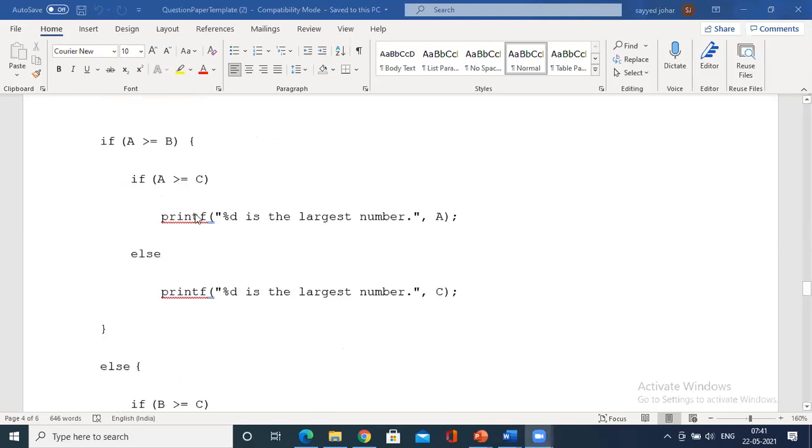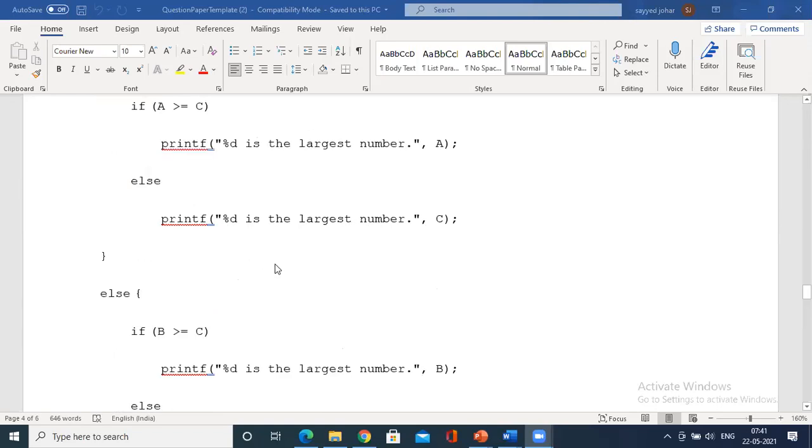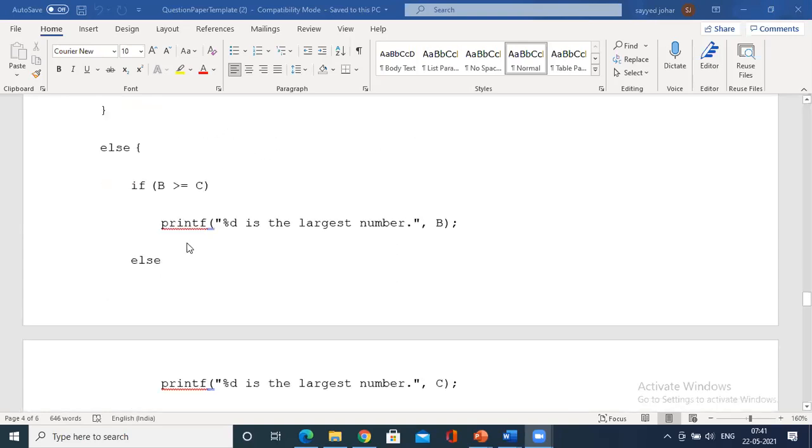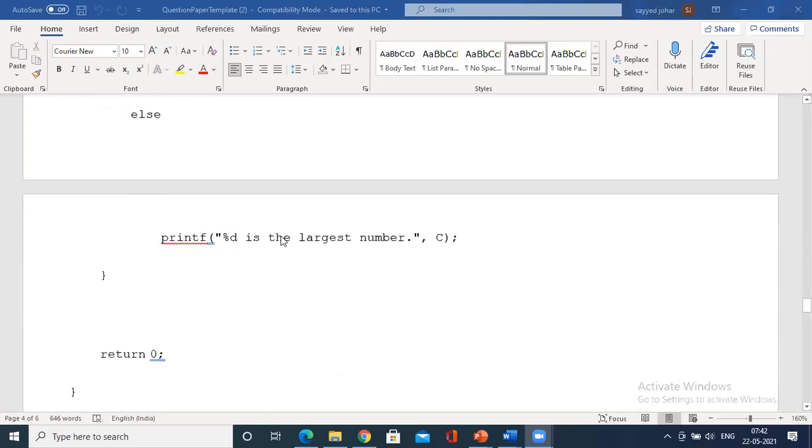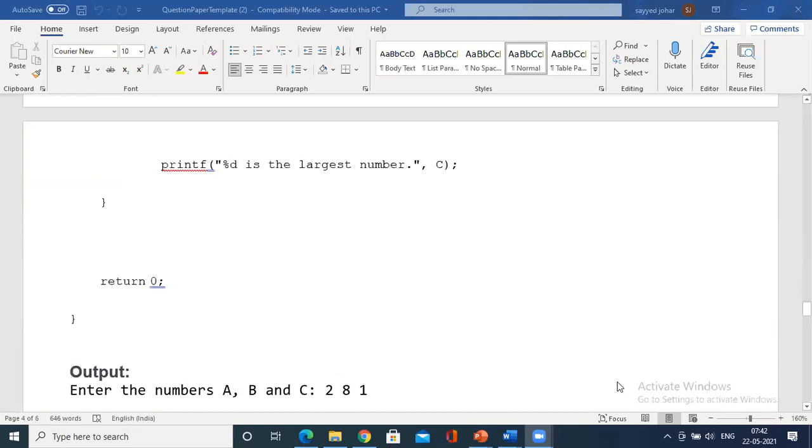This program I'll circulate. If and nested if, again if yes, A is greater, else you say that C is the greatest number, because you have compared it. Else you compare whether B is greater than C. If B is greater than C, you print that B is the largest number. So this is the way of using the if else condition.